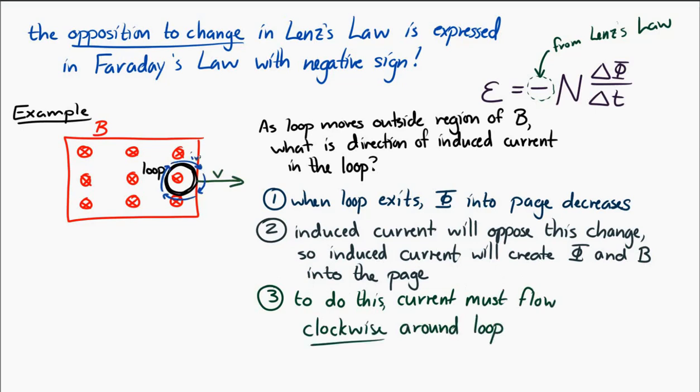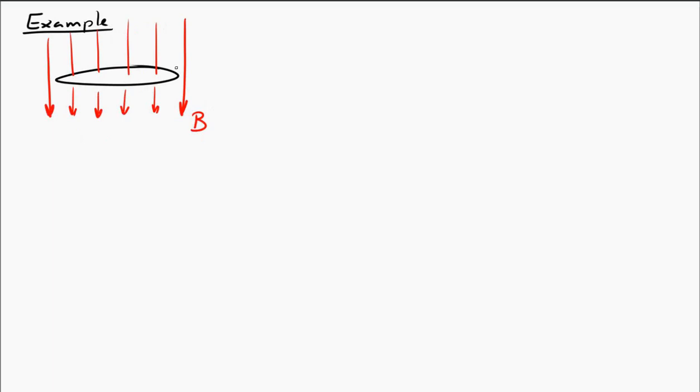All right. Last example. Let's say we have a loop that's rotating in a magnetic field like this. So we have a magnetic field downward towards the bottom of the page, and the loop is rotating. We want to know what direction will the induced current flow. Well,